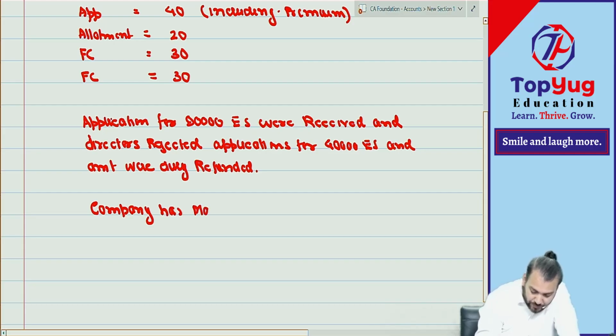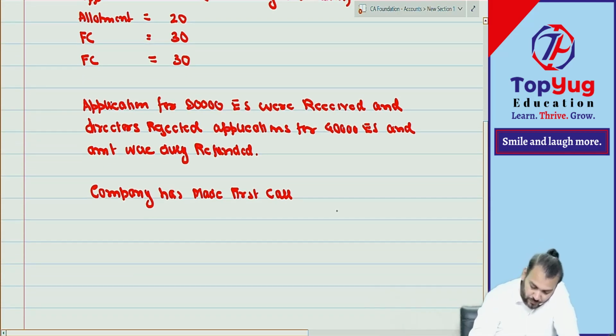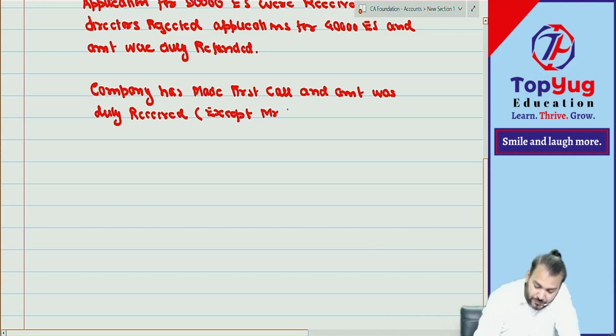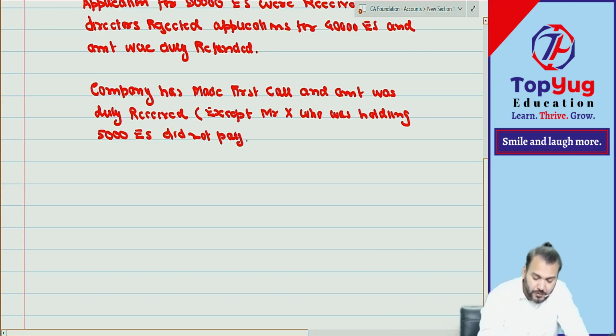The company has made the first call and the amount was duly received, except Mr. X, who was holding 5,000 equity shares, did not pay